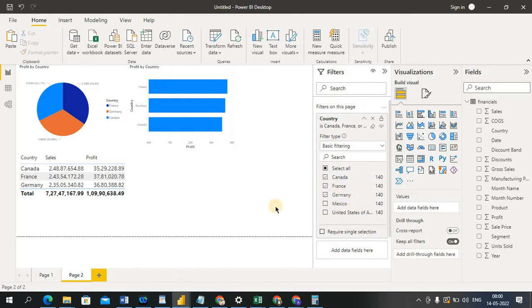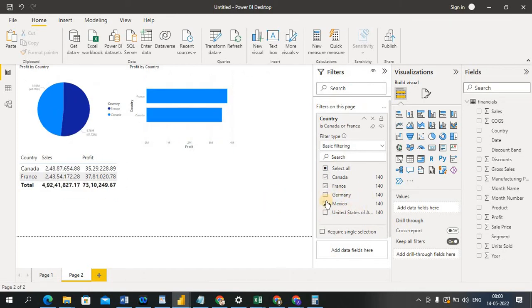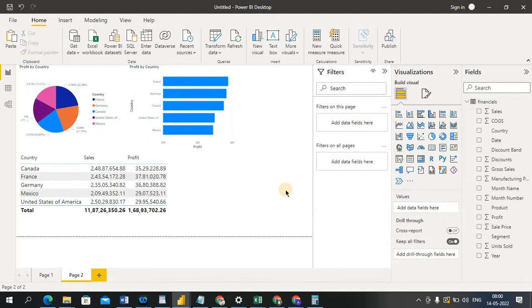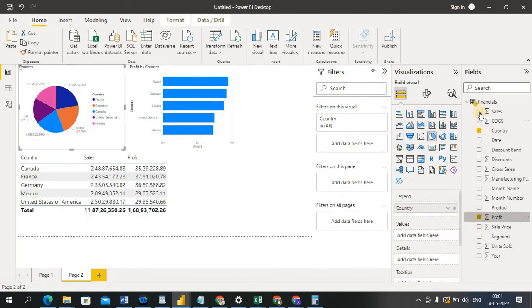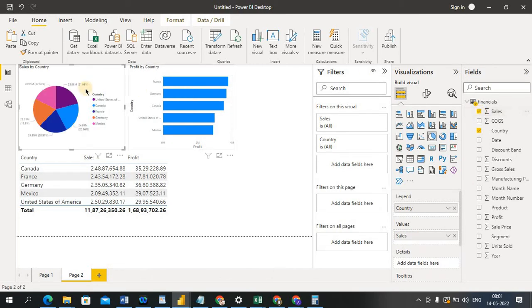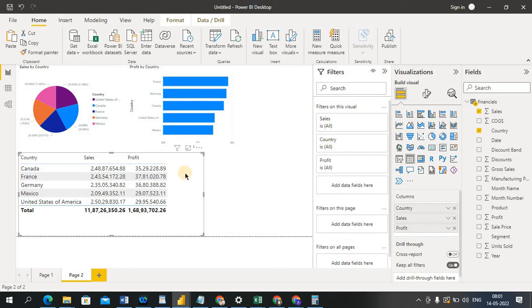I'm applying the filter, for example, I want to filter out the data. If you want to remove the filter, you have to remove it here. Now I didn't apply any filter here. So there is a requirement here. Everywhere I am taking profit by country. Here I will take sales by country. This is sales by country, this is profit by country, this is a detail level report, sales and profit for the country. Now I want to filter out